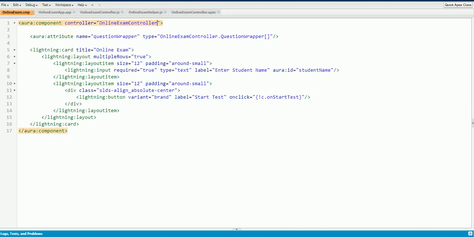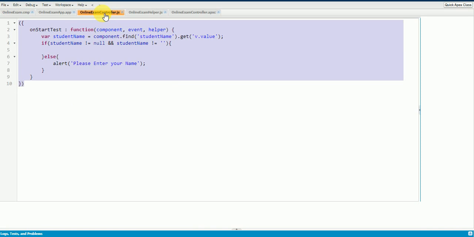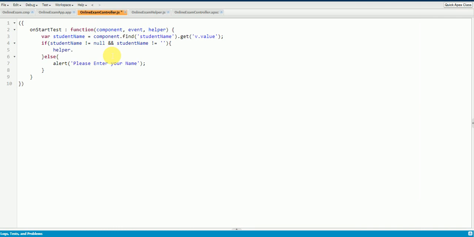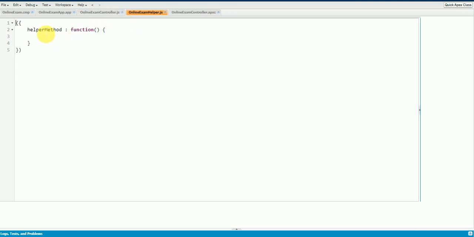So from here I'm going to add a helper class. I'll just name this as helper dot get questions component comma event comma helper. I'll add the similar function in the helper method as well.